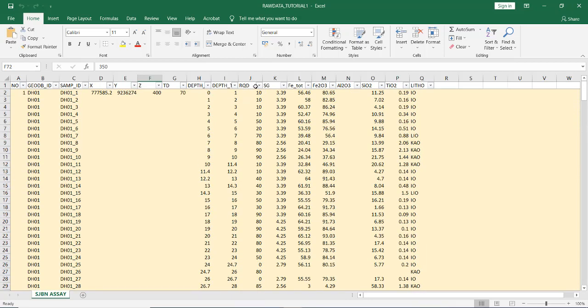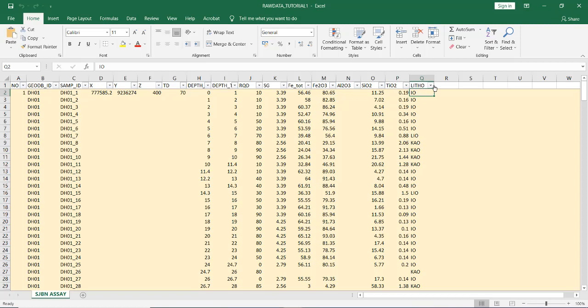And here we have RQD, rock quality designation, specific gravity, Fe total, Fe2O3, Al2O3, SiO2, TiO2, and lithology.